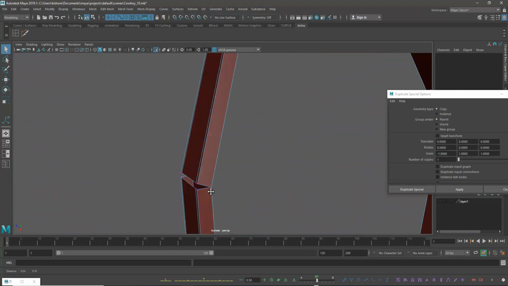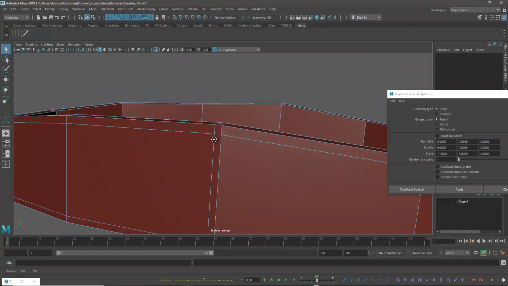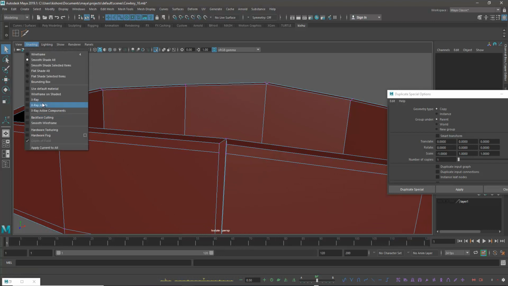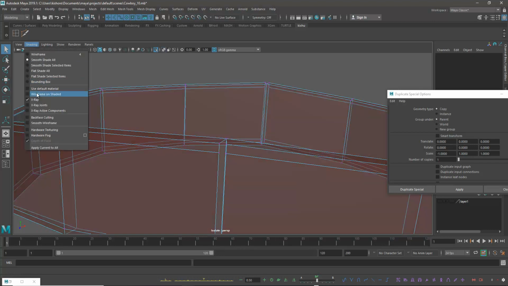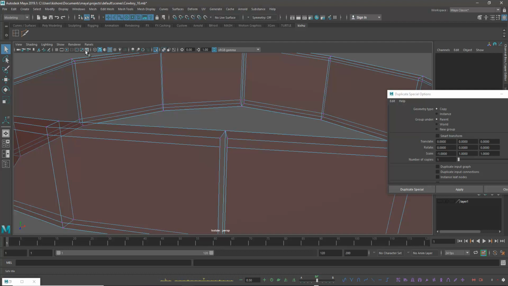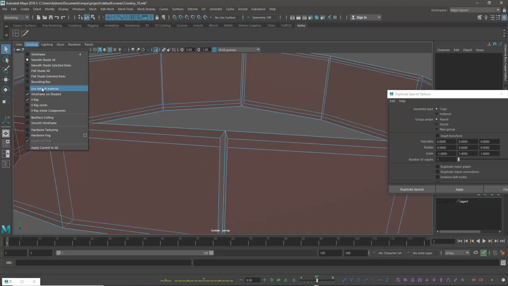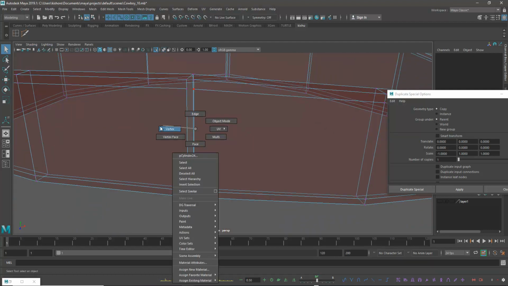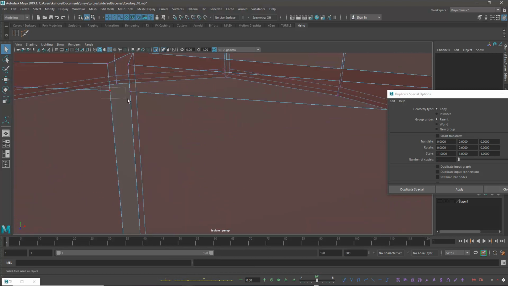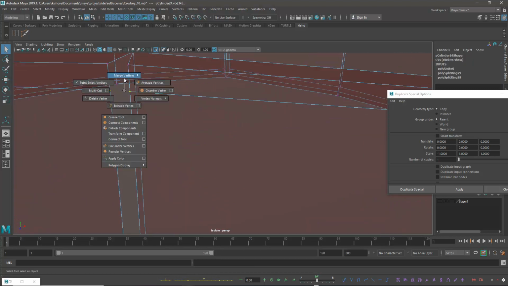There is another method to merge: share X-ray wireframe. Merge.